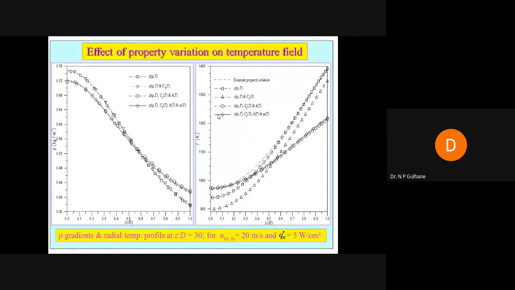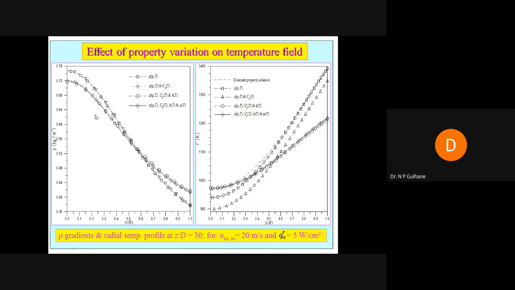So the conclusion is that density and viscosity have an indirect effect, whereas Cp and conductivity have a direct effect, meaning they change the temperature profile. You can see here this is a U shape now. Okay, so this density and this static temperature: density goes on decreasing and static temperature goes on increasing towards the wall. This is the wall. R by R1 means wall. So R by R equals 1 is the wall. So temperature is highest at the wall. But it is highest for whom? For this density. And this is lowest for whom? So this is for rho, Cp and K.